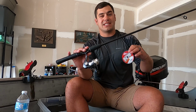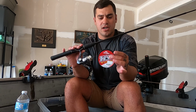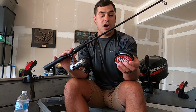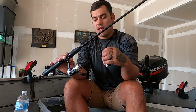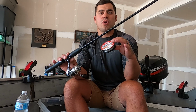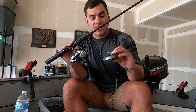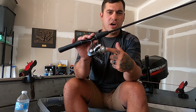What we're looking for as far as line goes, now there's multiple different brands out here. I just so happen to have some really cheap Trilene sitting here. You can go with a light 2 to 6 pound braid. You can go with obviously a 2 to 4 pound fluorocarbon or even a monofilament. You could even get the green line, or there's even a yellow braid out there that's really good as well. So tons of different options when it comes to line. Definitely though, you do not want to go super heavy on line. These small spools for these reels, if you do not go with a smaller line, preferably a smooth line. If you see here, this says XL smooth on the Trilene right here. If it's not a smooth line, when you go to spool it onto your reel,